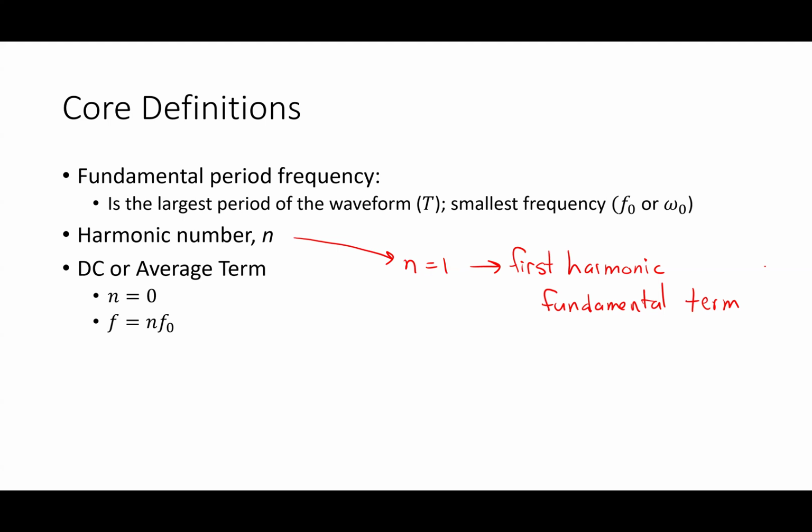Because it has the basic frequency of the waveform, the fundamental frequency that everything's built from. N equals 2, I call the second harmonic. And then so on and so forth. The zero order harmonic we call the DC or average term. All right, so we have n equals 0 for that. Usually we call it the DC or the average, because if you look at what